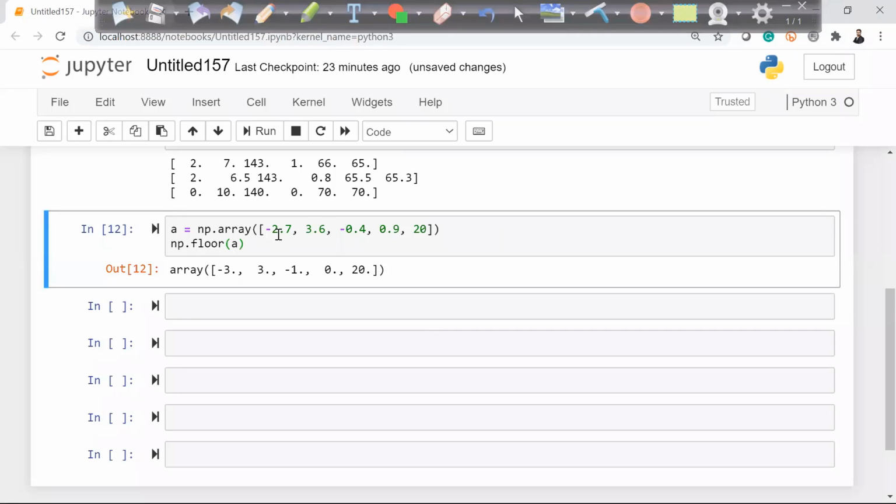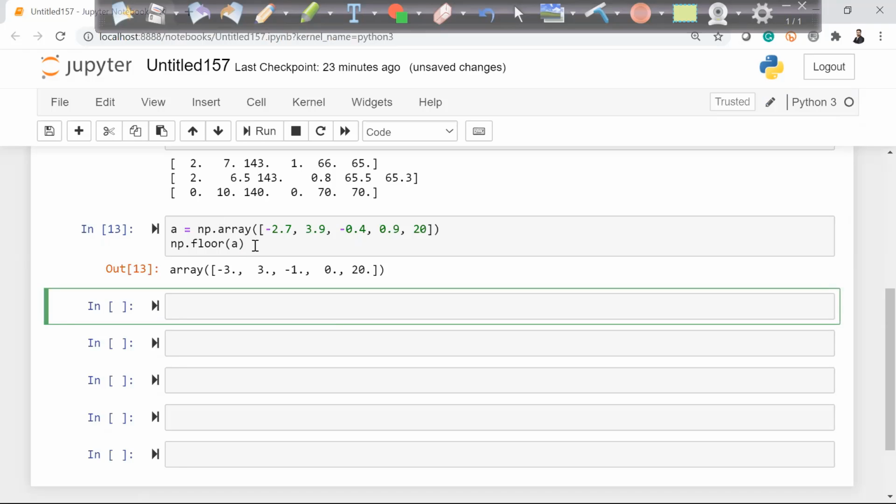Floor, you can see minus 2.7 goes to minus 3. So nearest lower value basically. 3.6, the nearest lower value is 3. Minus 0.4, the nearest lower value is minus 1. 20 is 20. So the floor is going to the nearest lower value. So if you have, let's say, 3.9 also, it will give me 3 only. Right? Nearest lower value is 3, not 4.